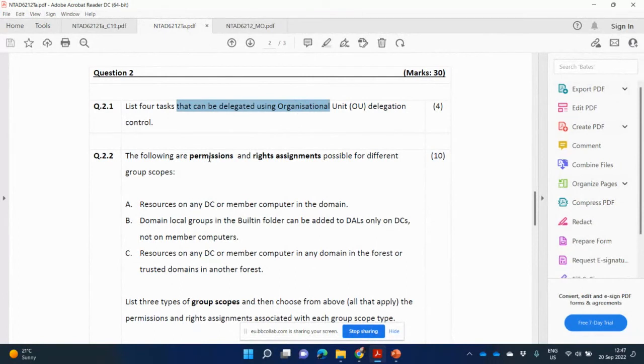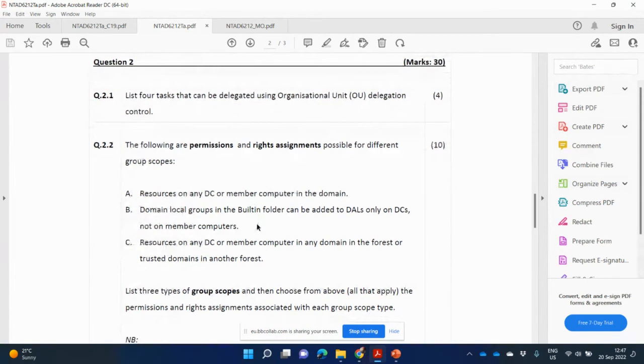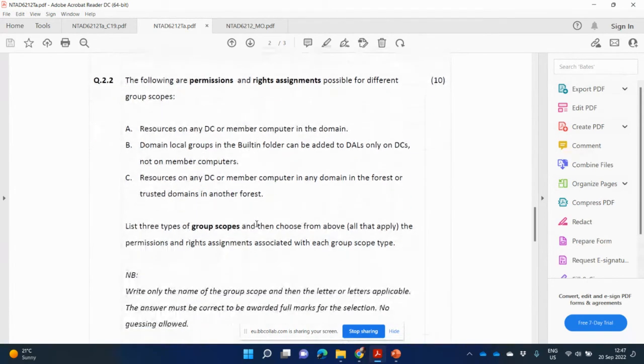The following are permissions and rights assignments possible for different group scopes. Group scopes now means to which part of the organization does a group membership or the group apply to. So we've come across global and universal group scopes previously. Now you also get a group that is local as well, but we're working with Active Directory here. So the two group scopes that we'll find in Active Directory are global and universal. So they're asking us here,